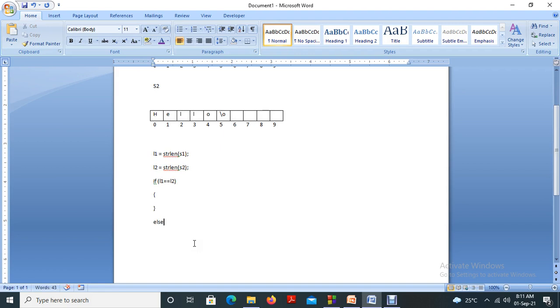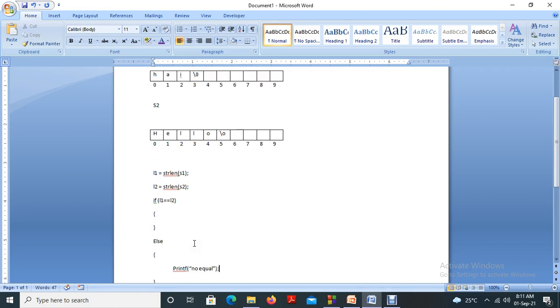So in the else case we just say not equal. If the condition is true, that means both the lengths are same.